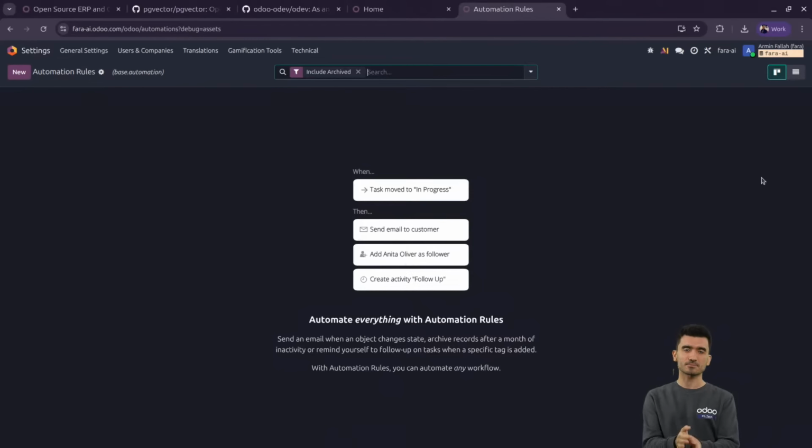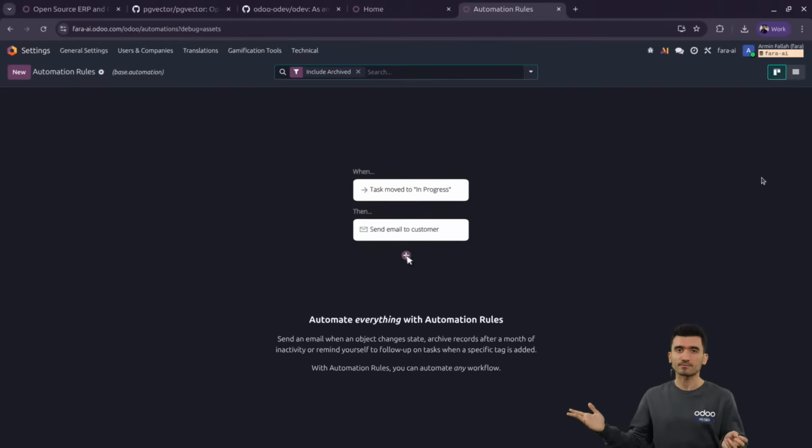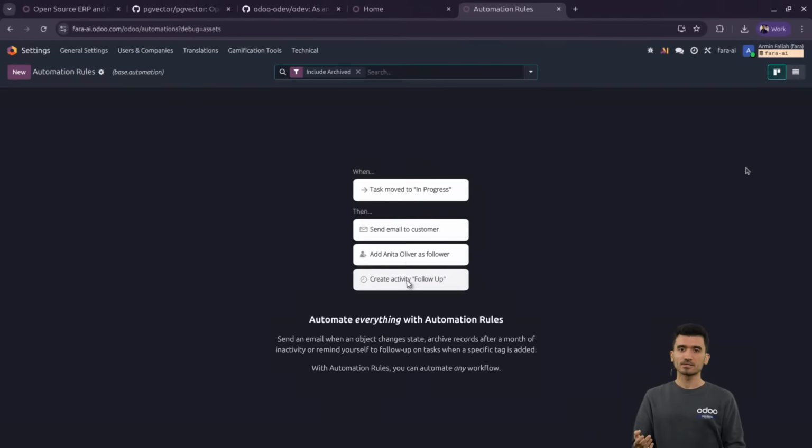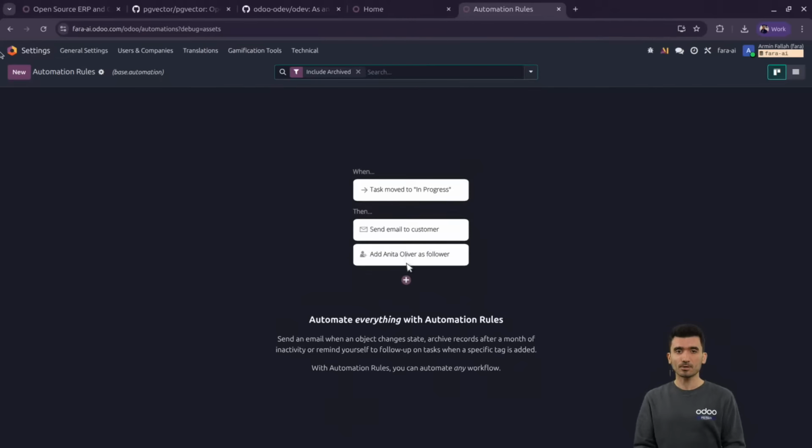a trigger in the system. So when something happens, do something else or do a bunch of stuff. This is a type of server action that we have. I mean, not typically, but a type of action that we have. Apart from this,